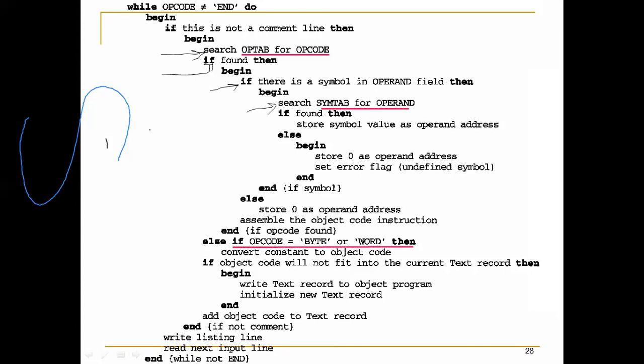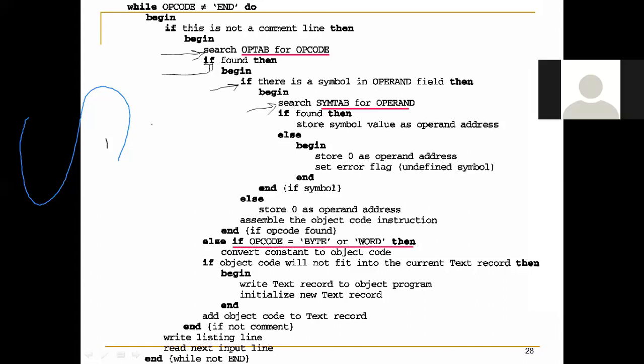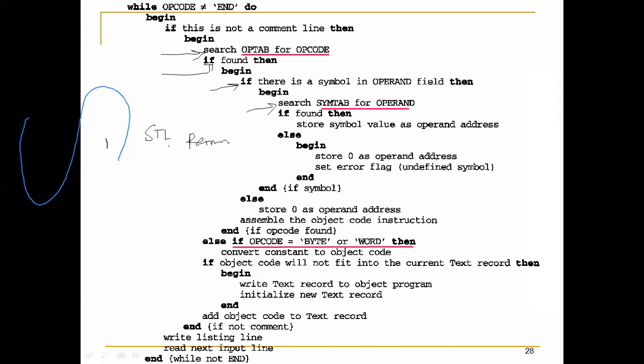For example, in some cases, say STL RETADR is there. STL is a valid opcode, so we enter the if statement. Now there is a symbol in the operand field, so we look up the symbol table for it. Obviously it is a valid symbol, so it will be found.